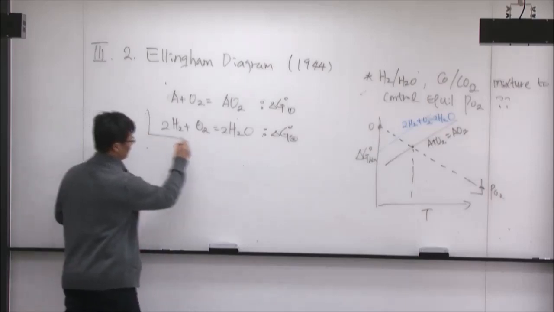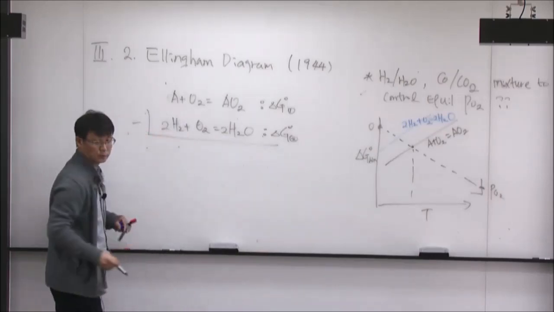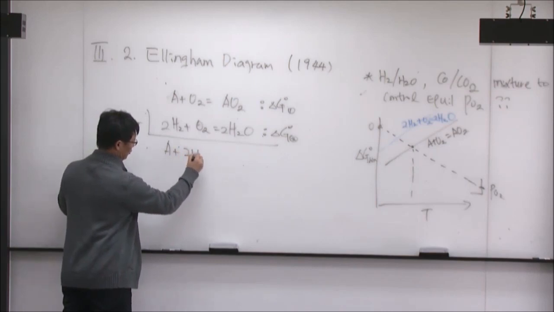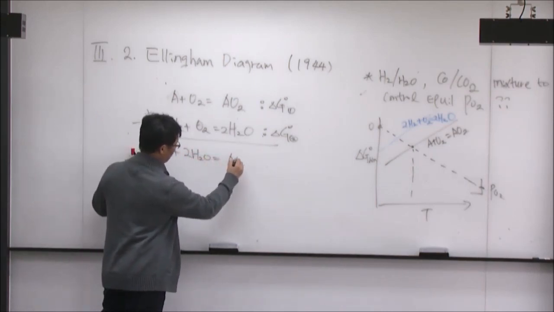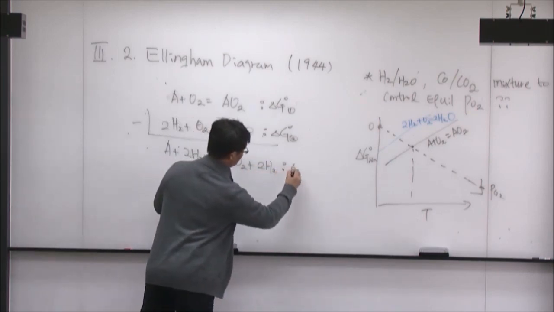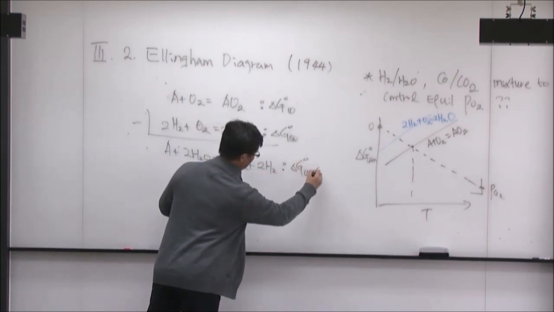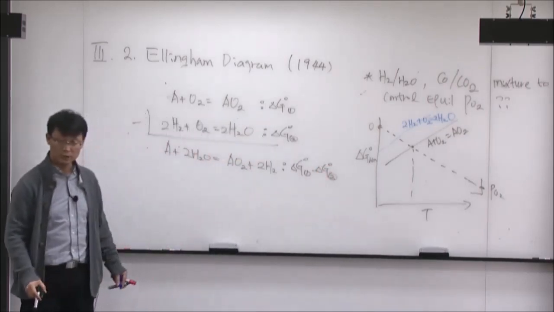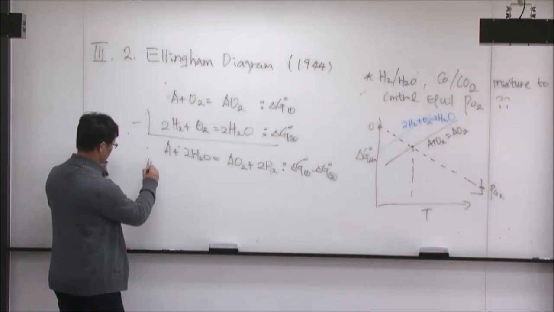If you want to do it mathematically, you just say, okay, minus this one, so it will be A plus 2H2O equal to AO2 plus 2H2. And this one is delta G naught 1 minus delta G naught 2. Is it okay? At equilibrium condition,